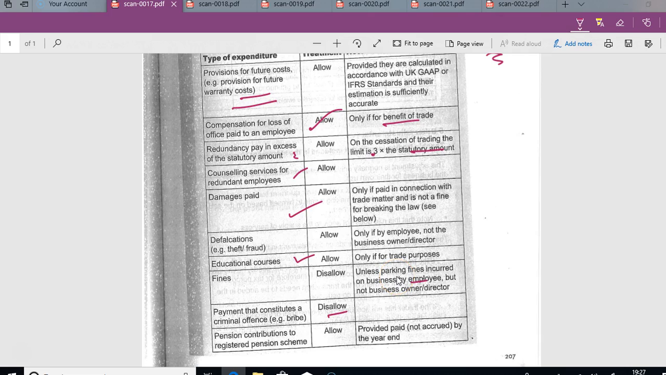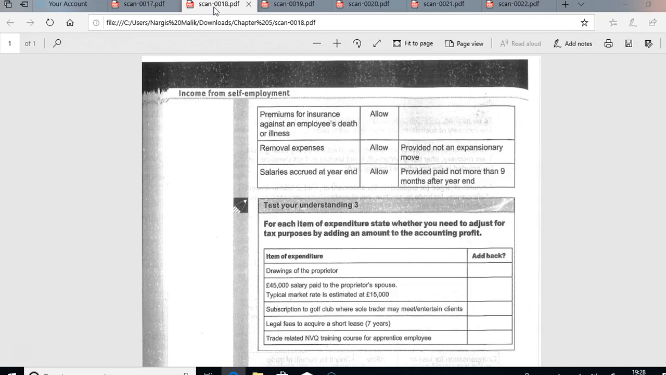Sometimes I wonder why some of these are there. You can't put through a bribe as an expense. No, so that's there straight away. Again, like I say, until you do a question, you will see how that works. And a couple more: premiums for insurance, removal expenses, and finally